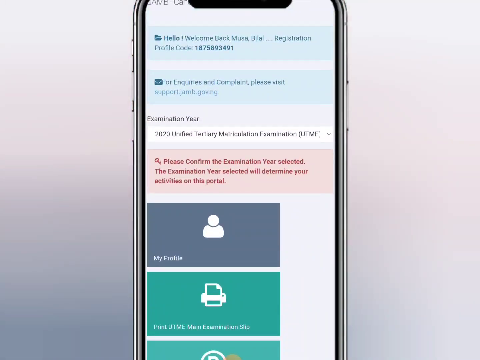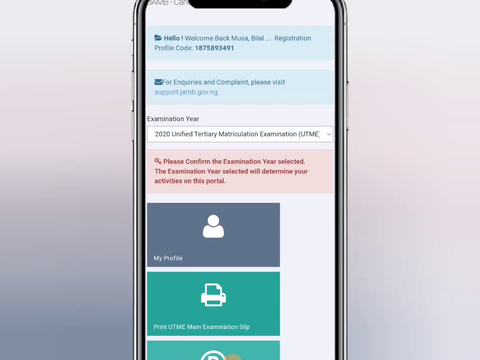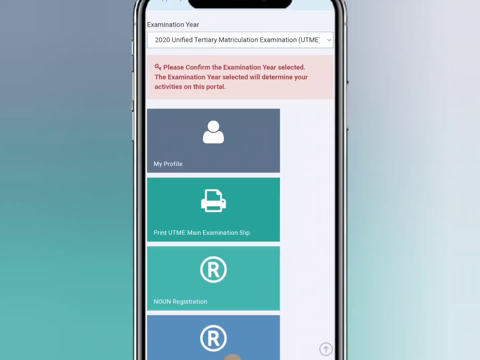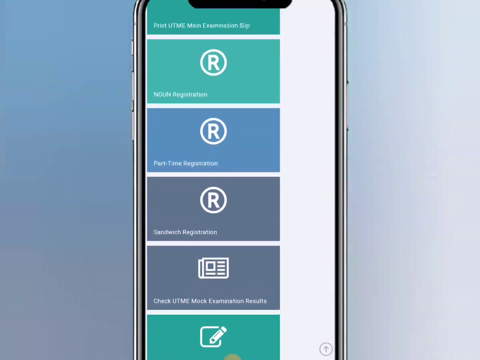In today's video I'm going to show you the step-by-step process to check your UTME or your Jamb result without spending a dime. So all you need to do is to continue watching this video till the end,